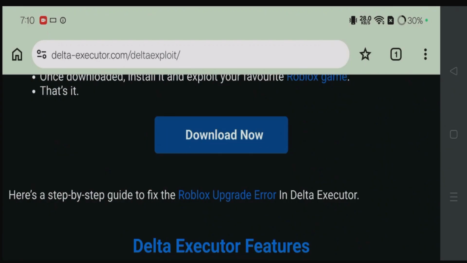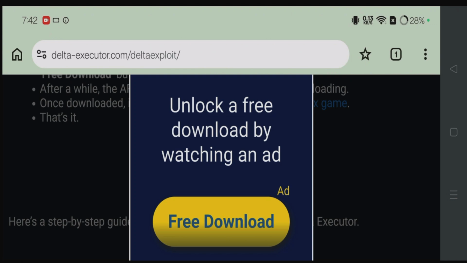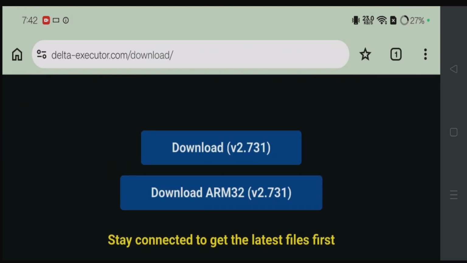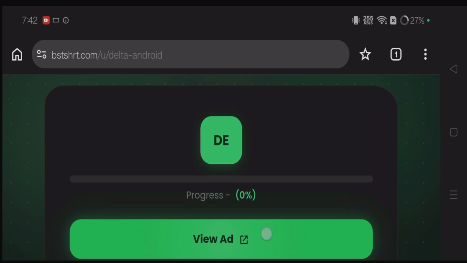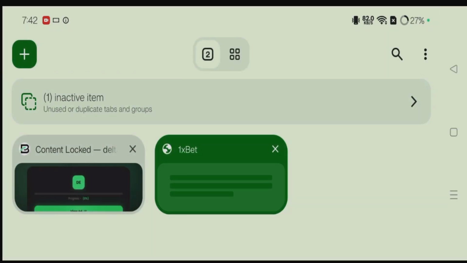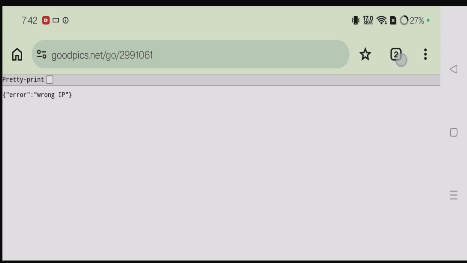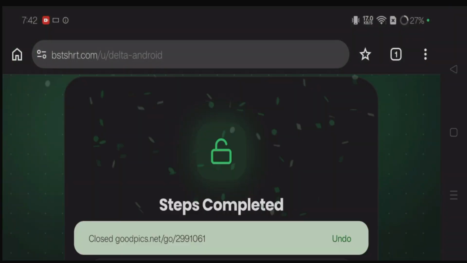Tap on download now. To get the free download, you're going to watch an ad. Tap here. Scroll down and you can tap on download. View the ad, close the ad, close it and come back here. Just one more step, tap here and once again close the ad tab, come back here and all these steps